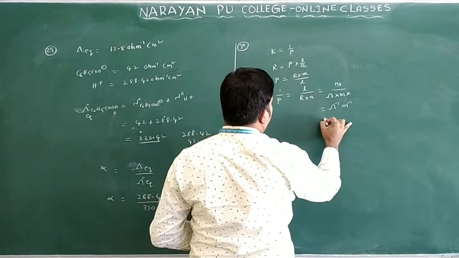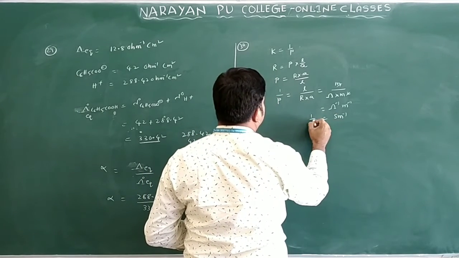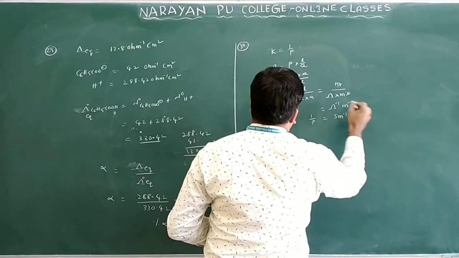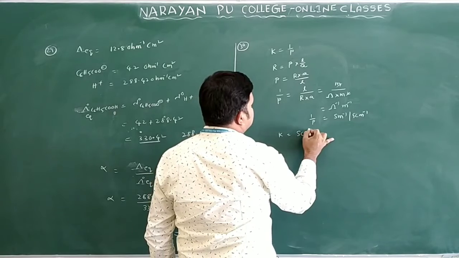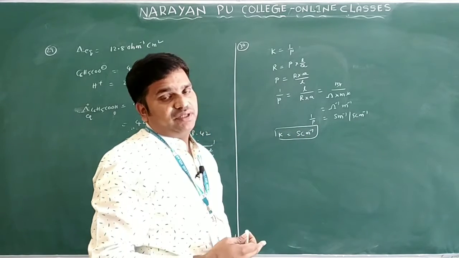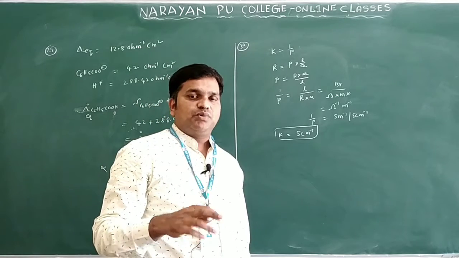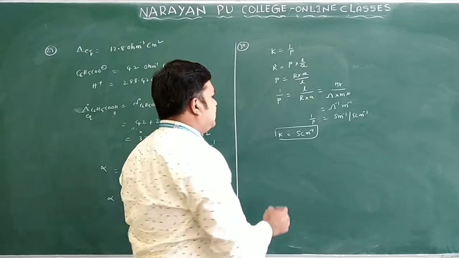Or you can say this one ohm inverse means Siemens, or Siemens centimeter inverse. So generally this is what the units of K mean. K units are 1 by rho, which means you will get Siemens centimeter inverse only. So this is the unit of conductivity. Conductivity and specific conductance are both the same, but if they give ohm inverse, generally